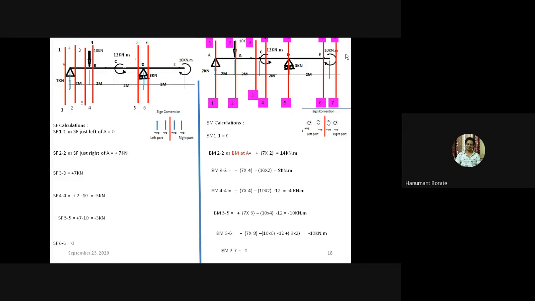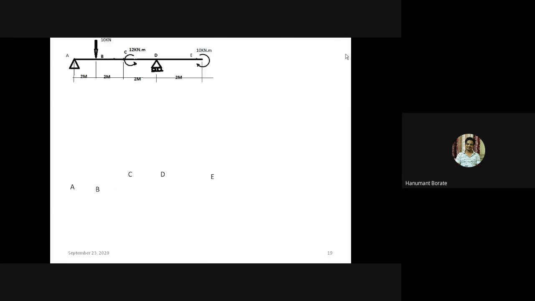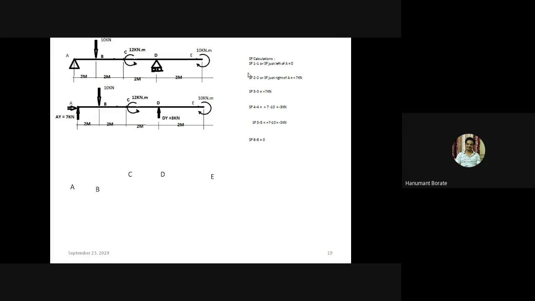Now we'll see how to draw the shear force diagram. So I will take the SF calculation here. First we'll draw the baseline and draw all the critical points A, B, C, D and E. Then the SF value just right of A is 7 kilonewton. So due to that I have taken a vertical line of 7 kilonewton here. Then for the next point also 7 kilonewton up to B,